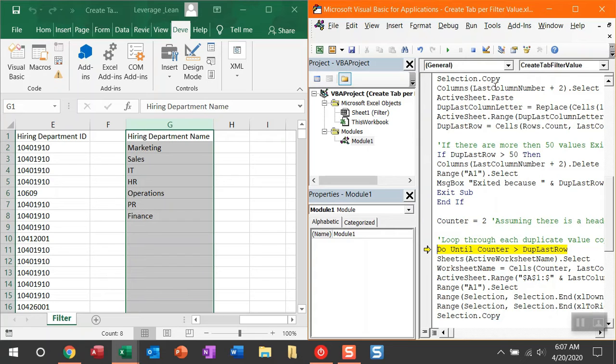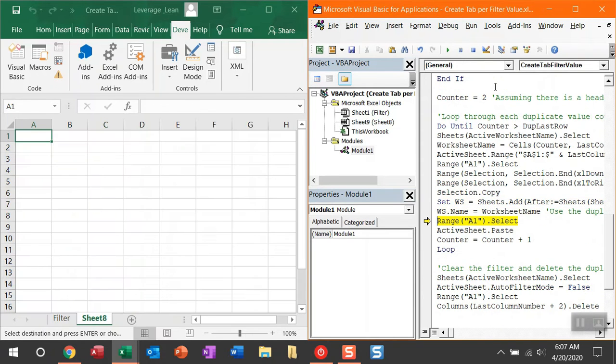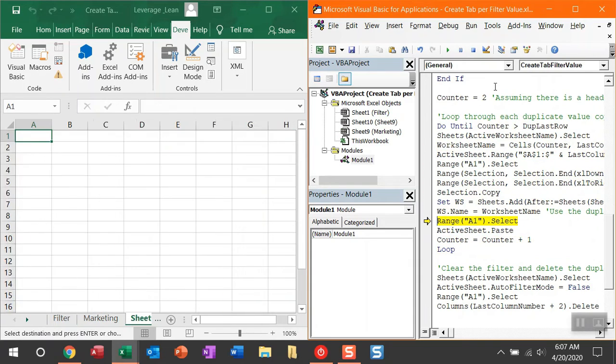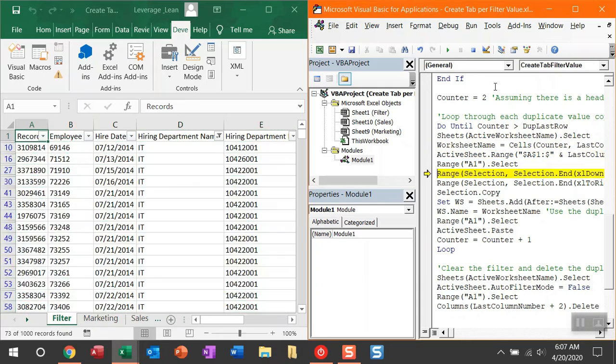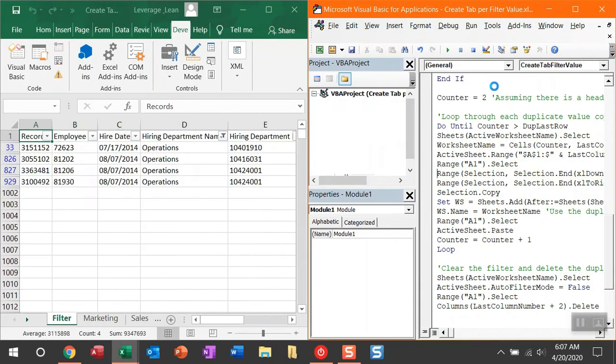So here is we're going to start to loop through each of these values, create their own tab, and pull in the relevant information. So as I start to work our way through here, you'll see we are now filtered to just marketing. Marketing has been selected and then copied and pasted into its own tab. And I'll start to hit through this a little faster. You'll see it'll do this for sales. It'll do this for IT. And if I just hold our way through,